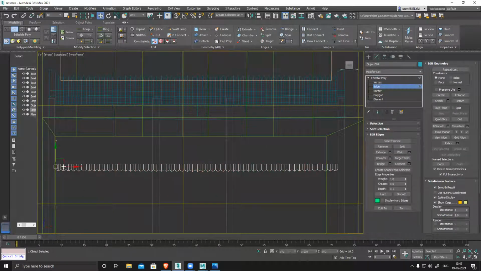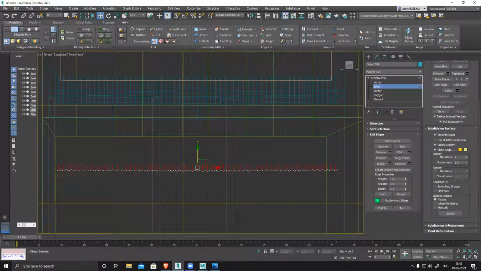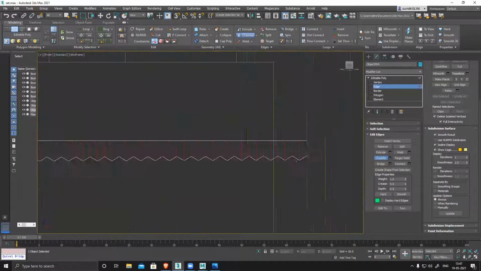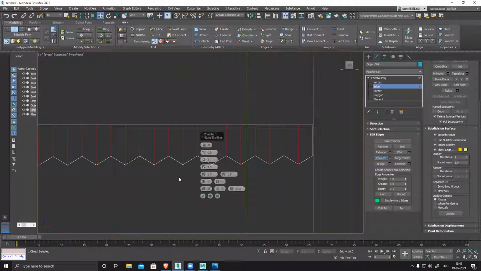So what I'll do is select all the edges, all of them throughout. And then there's something called chamfer. I can use this or I can use the settings also.